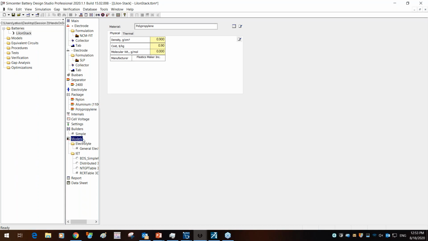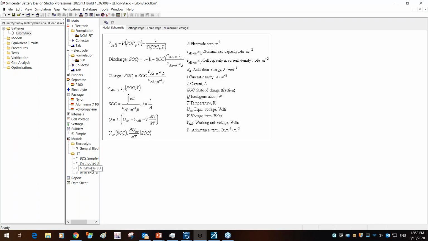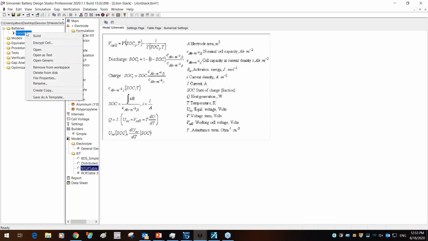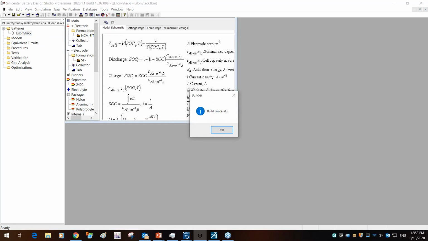So when it comes to models, there are two different types of models that are available within BDS. You have empirical and a physics-based model. For this given simulation, we're just going to stick to the empirical model, the NTG, for a simple discharging simulation. Once you've set up the battery and all the parameters, all you need to do is right-click and build, and that's going to generate the TBM file.